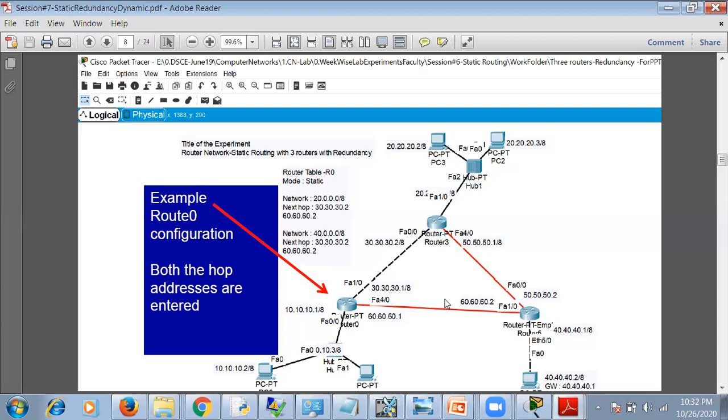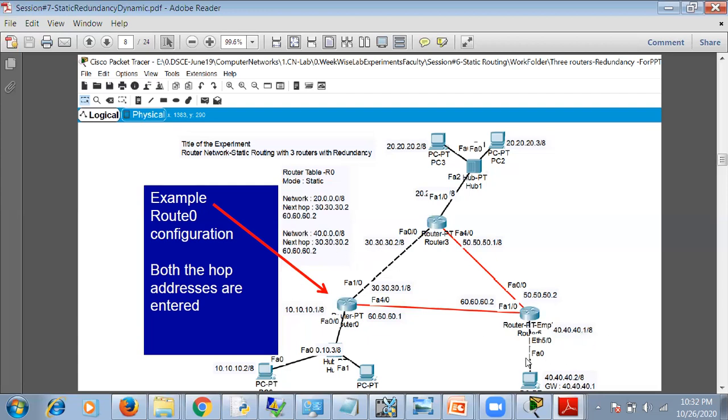Now how do we add the table, or how do we add the next hop address? So there are 2 paths available. To reach this 20 network, this router table will have these contents. To reach 20 network, there are 2 paths, that is using 30 network link and the 60 network link. And similarly for router 2. Sorry, not router 2.